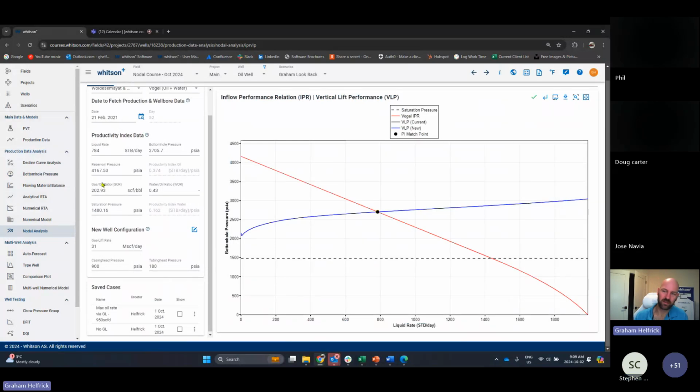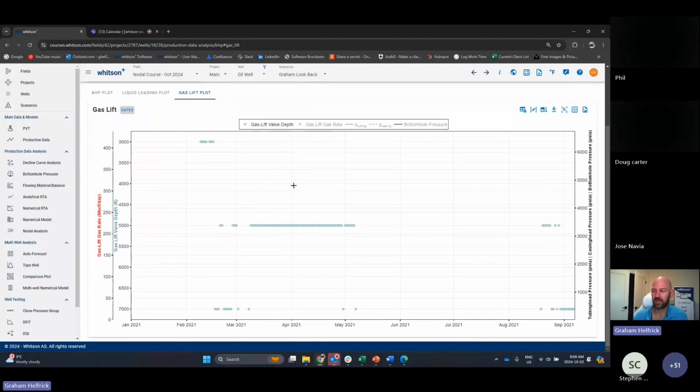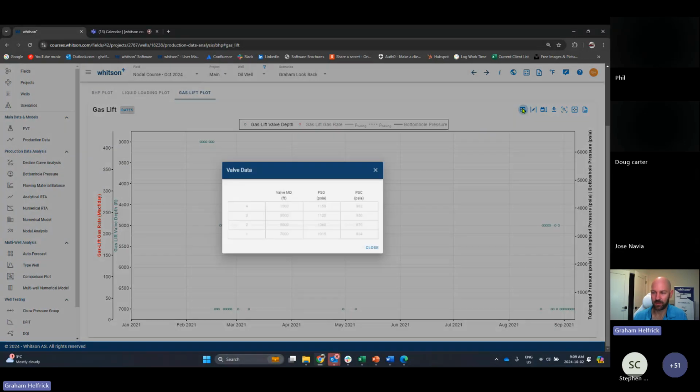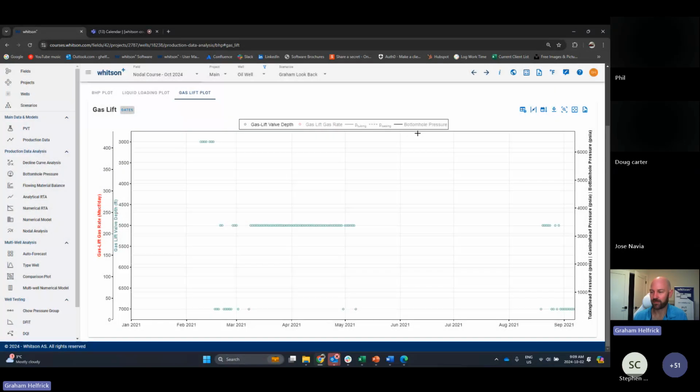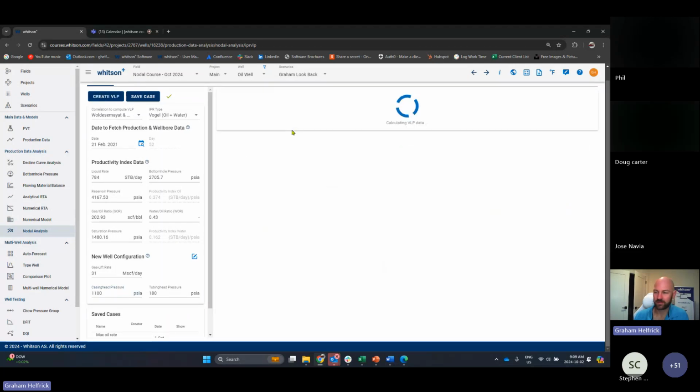Yeah, great question. For the well we've been looking at here, I'm going to go to the bottom hole pressure tab and gas lift plot. This is saying that for this particular well, today we're on the bottom valve, based on the open close pressures and the casing pressure. So how does that actually affect our VLP? For example, if we were to increase this casing pressure to, I'll just say, 1,100 pounds and create VLP, you'll notice that